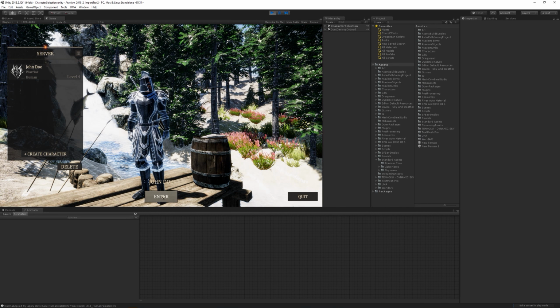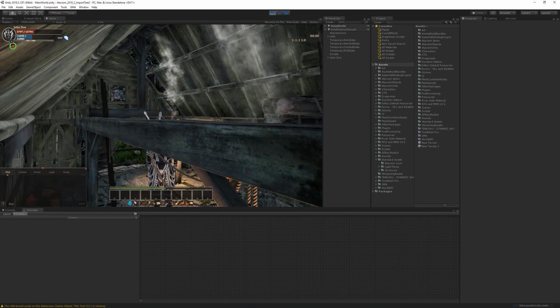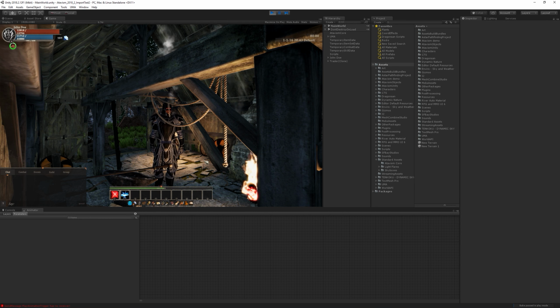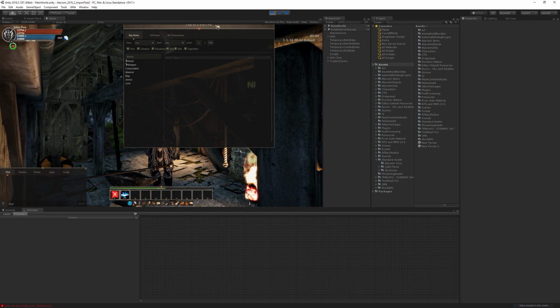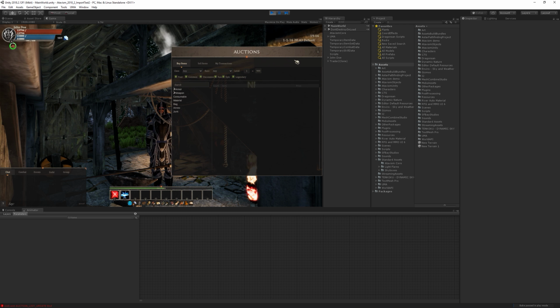Let's enter the game. So after we enter the world, we can open the auction house interface by clicking on this bag. Let's drag the window a bit to make it more visible. And as you can see in the left section, we have this tree which we defined, and we changed this